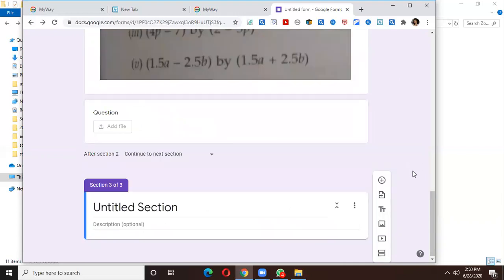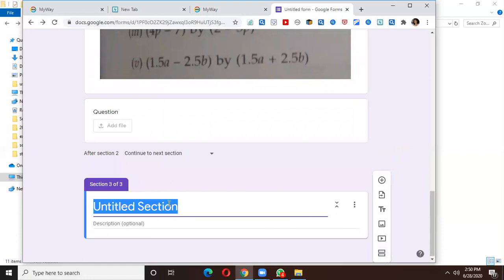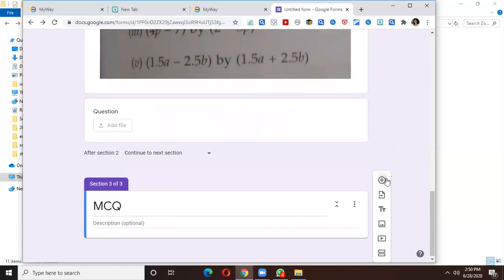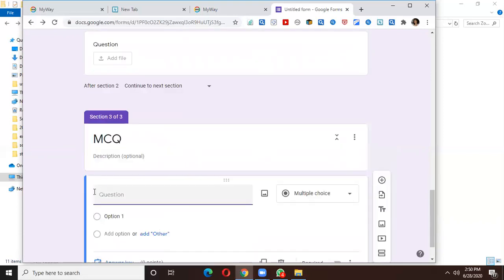Now I make a separate question where I make an MCQ, multiple choice question. I add a question and I give options here.